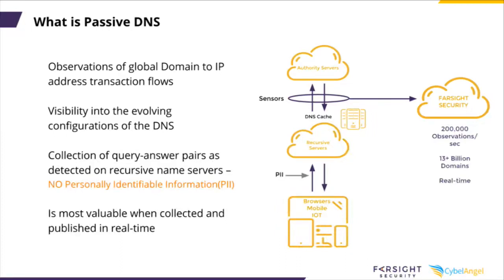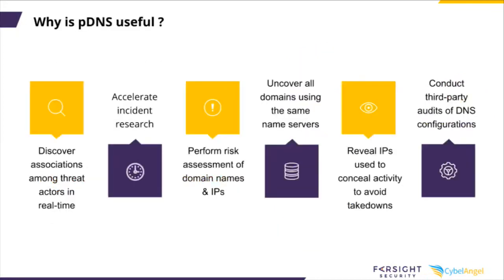What does this mean? We have a historical archive from about 2010 of 13 billion domain names and host names. Every change that's happened on the internet we have in a database. We can go back in time and look through what's been going on and what your domain or IP has been used for. All this happens in real time. It's about a couple gigabits a second. And we break it down into separate pairs so you can understand it. Not everyone can handle gigabits of DNS per second.